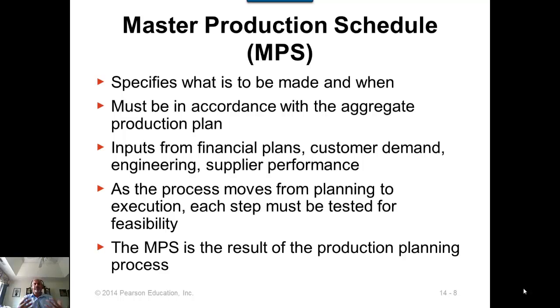And when we develop the master production schedule, we need to get input from other functional areas so that our master production schedule reflects the plan of other functional areas like financial plans. You need to make sure that the financial plan and the master production plan are consistent. And similarly, customer demand. You can't have a master production schedule that is out of whack from customer demand, in which case you will be producing something that the customers don't want, or the quantities and timing of your production does not match with customer demand.